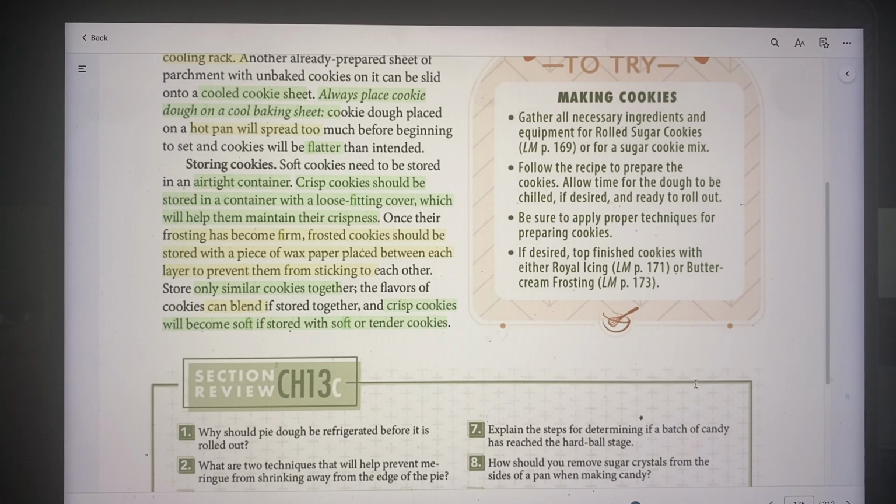Once frosting has become firm, if you're frosting cookies, they should be stored with a piece of wax paper between each cookie to prevent them from sticking to each other. So if you have frosted cookies, you don't want them to stick to each other, so you put wax paper between them. Store only similar cookies together because the flavors of cookies can blend together, and crisp cookies will become